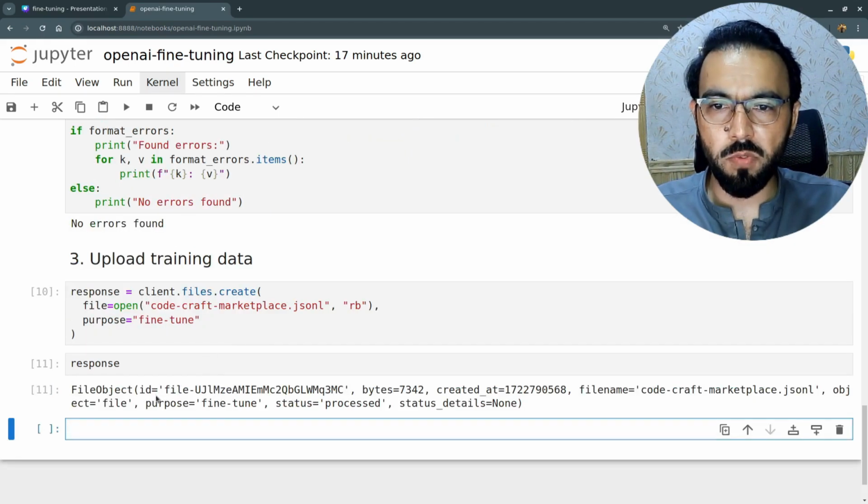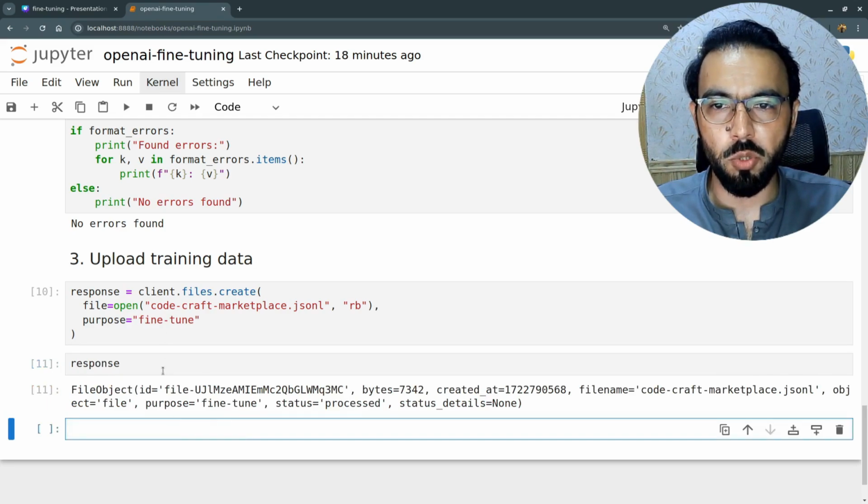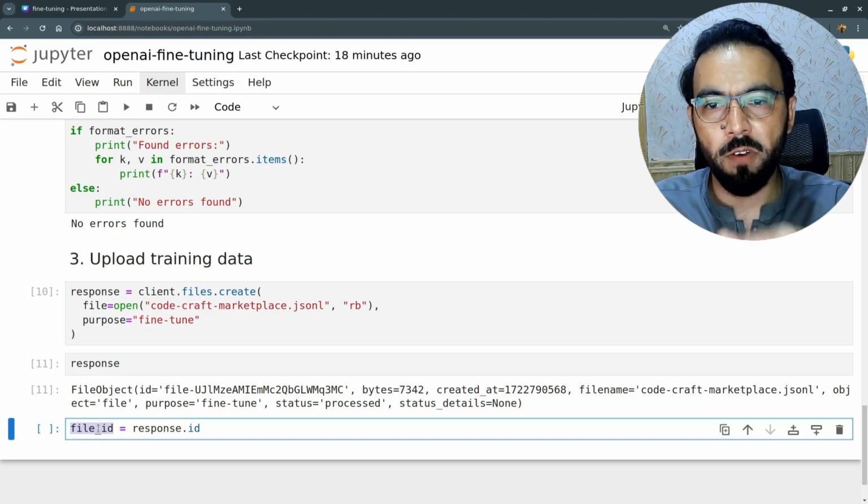So in the response, we have got the file object. Inside the file object, we have the file ID, the size, and the status. So this is processed, and we are good to start using this file. So what we'll do is extract the file ID, because when we are referring to the OpenAI API to pick this file and fine-tune my ABC model, we will actually refer to this file by using this